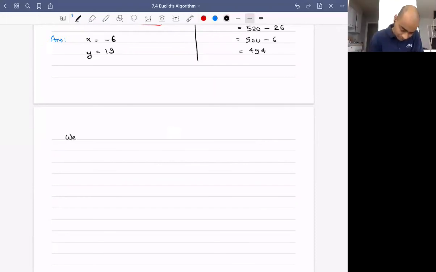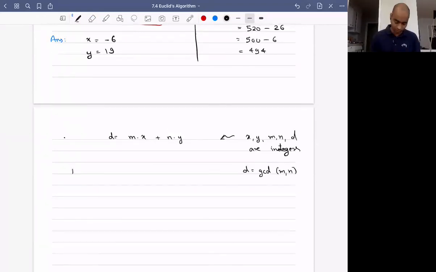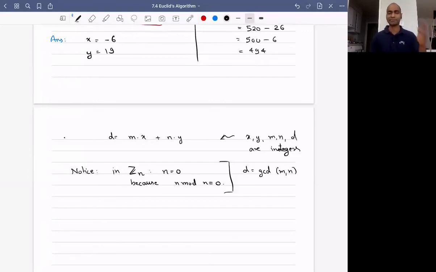So we found integers x and y such that d is equal to m times x plus n times y. Notice that in Z mod n, n is equal to 0. Why? Because n mod n is 0. That is, if you were to divide n by itself, then the remainder would be 0 because n completely divides itself. Then in Z mod n, the above equation becomes